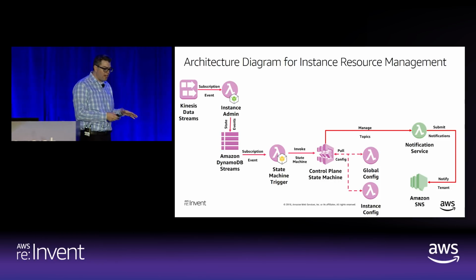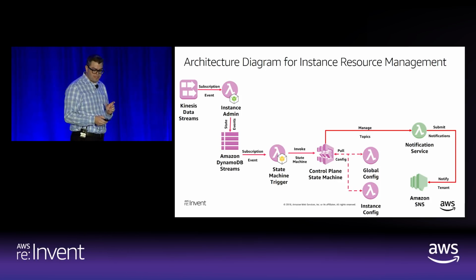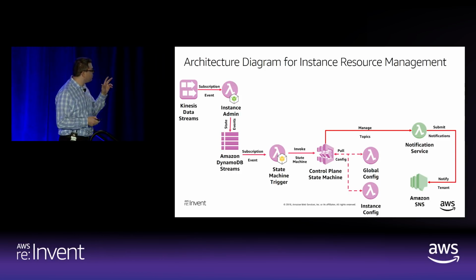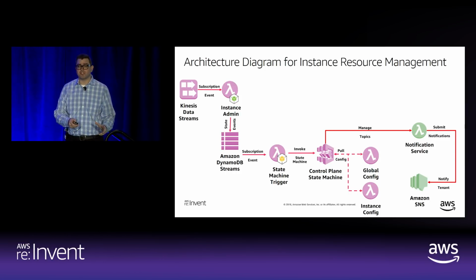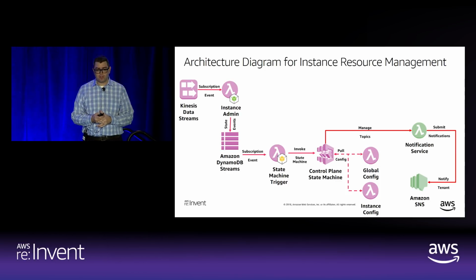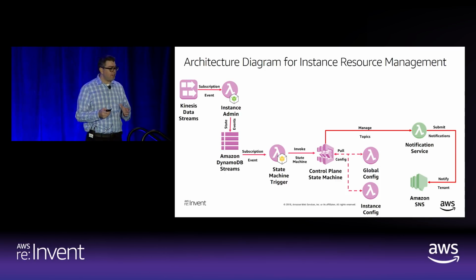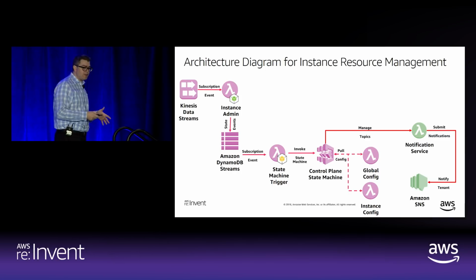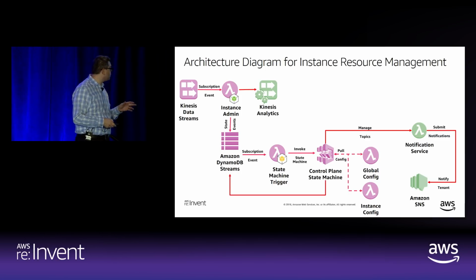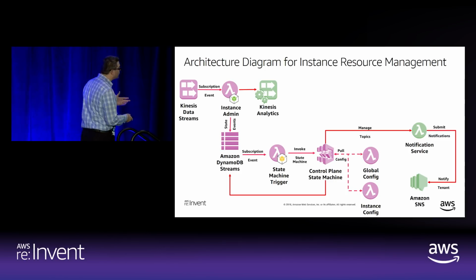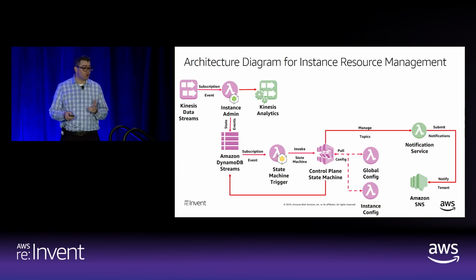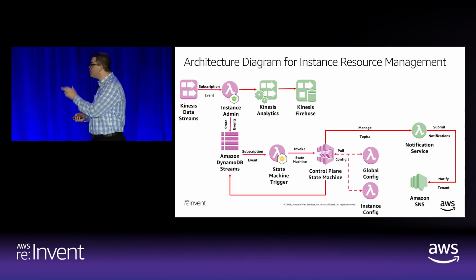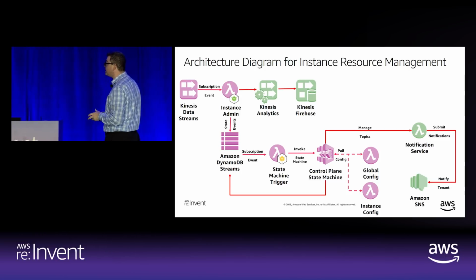Okay, so we talked about now the provisioning piece of it, but there's one piece missing. The piece that's missing is that we need to monitor and learn from the reactions of our customers. Our customers are having challenges because maybe initially when we launch the service, we don't really know the user experience, right? And we need to obtain that telemetry. So one of the ways that we can do that is we can expose analytics through our administration service or through our corresponding control plane state machine. And now Java. This is a new feature that we released earlier this week, which is you can do Java real-time analytics through Kinesis Analytics.